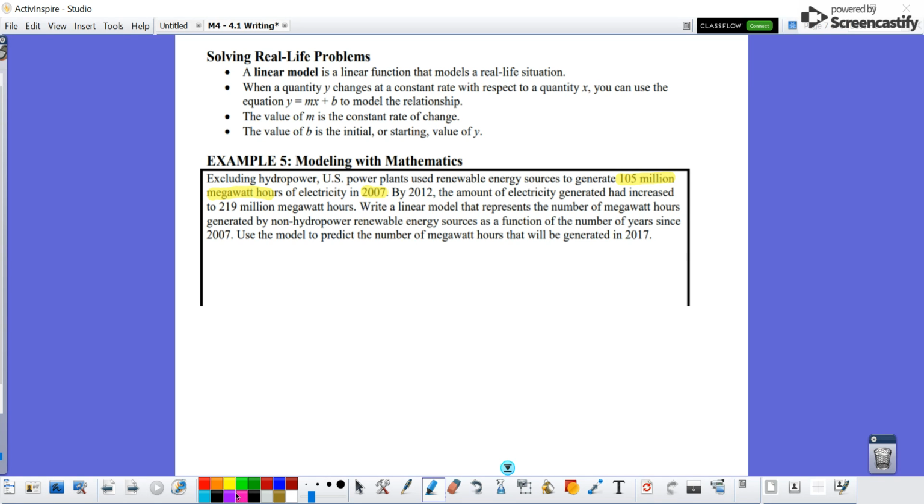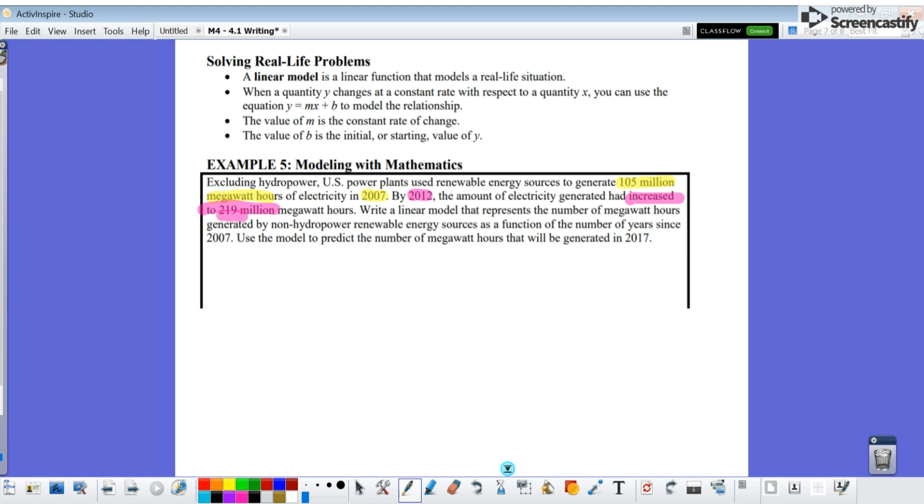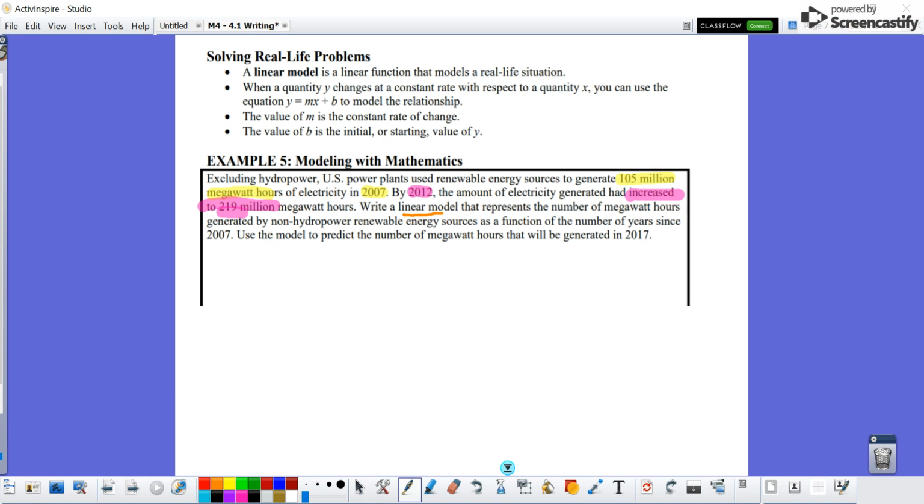And then it shifted gears in 2012, so a couple of years went past, it has increased to 219 million megawatt hours used. The first thing we're challenged with doing is making a linear model. That is like a linear equation, y equals mx plus b,